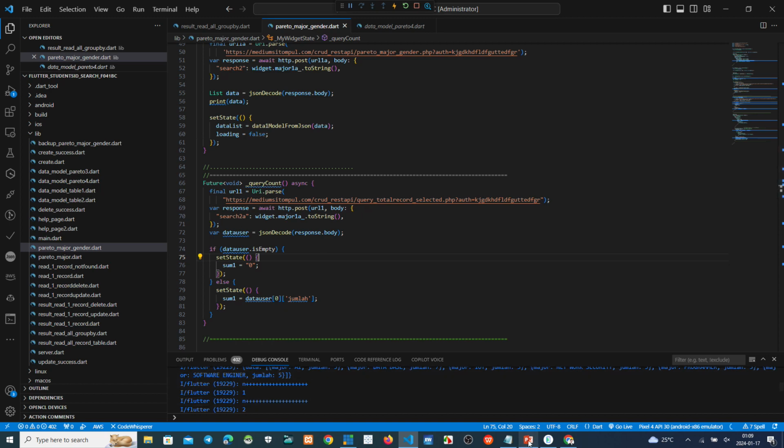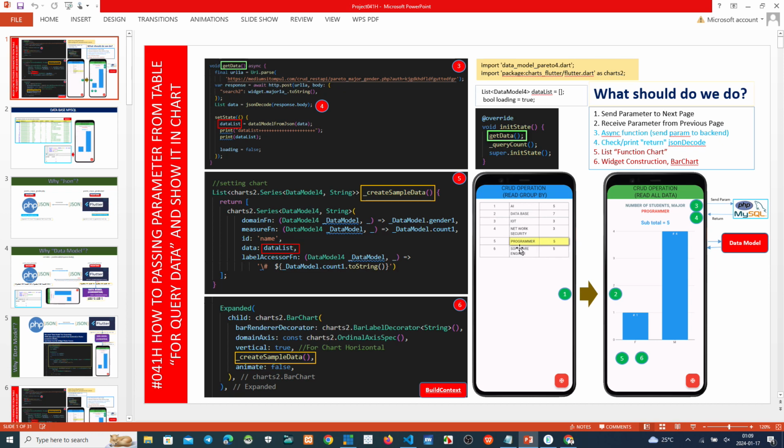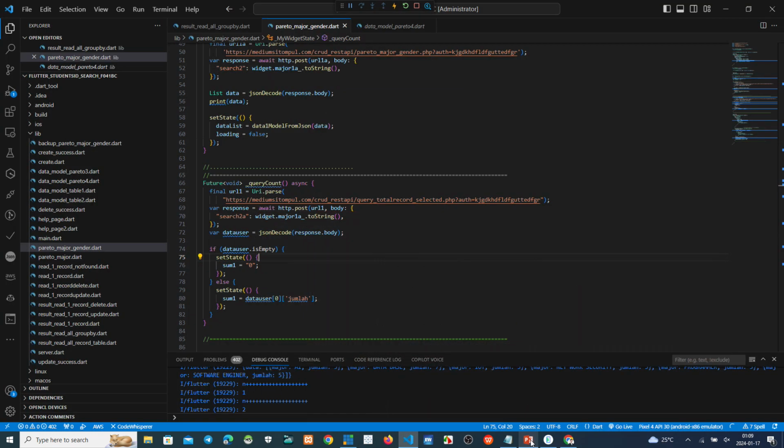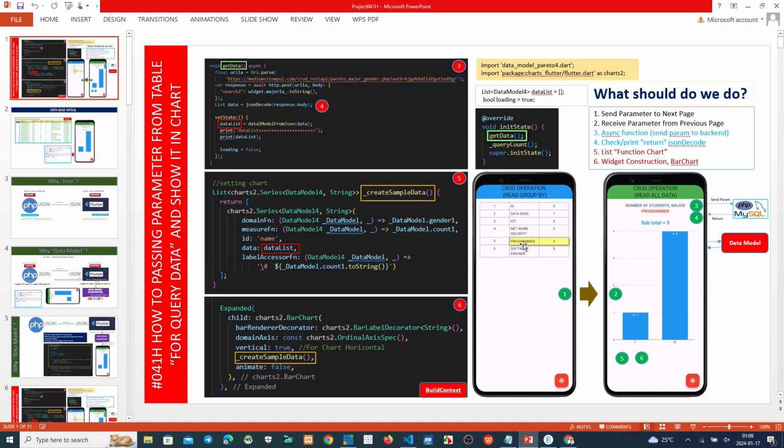If we put the parameter name equals programmer, and then the query, we see the count is 5.